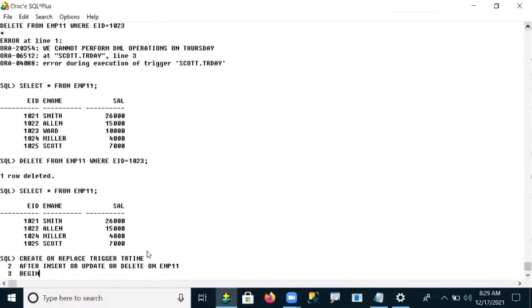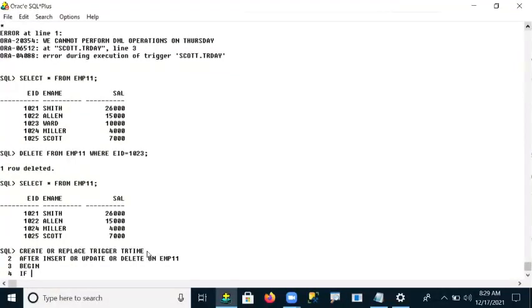Begin, if to_char of sysdate, and here I will take hours, because I want to compare with the hours. So my interval is what now?